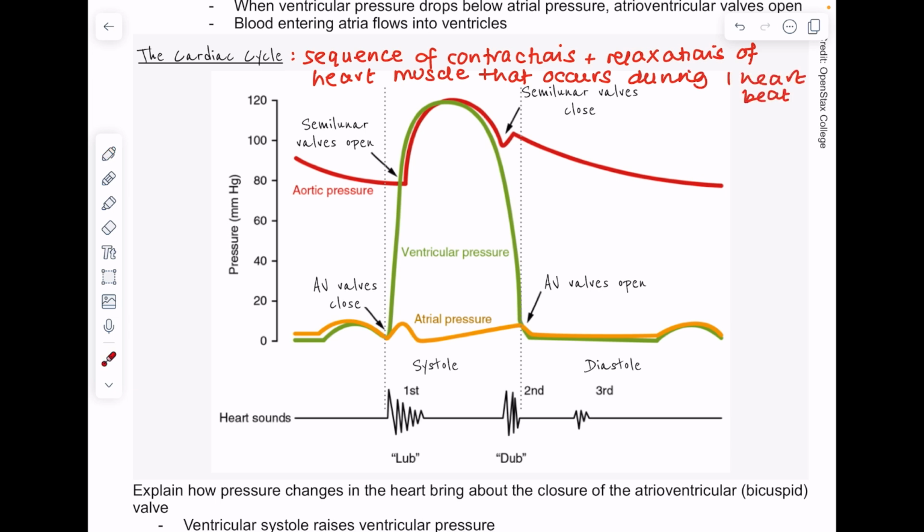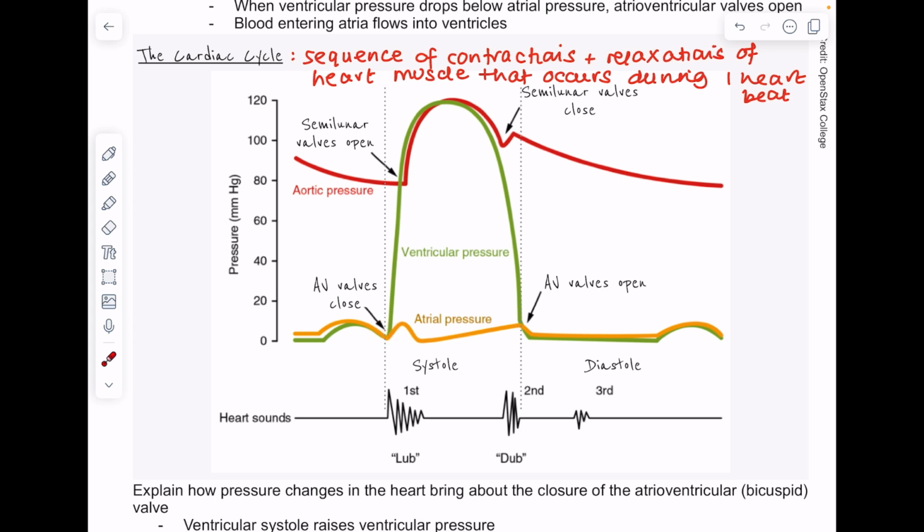Now this is in effect a graph showing the pressure in millimeters of mercury. And these 3 lines represent various pressures within the heart. What's key to note is that the maximum pressure in the atrium is always lower than the maximum pressure in the ventricles, and that's obviously due to there being less muscle in the walls of the atria. So where you see this increase in pressure, this is what we know to be the atrial systole, which is when the atrium contracts. That will force the blood into the ventricles, and therefore the atrioventricular valves, or the bicuspid